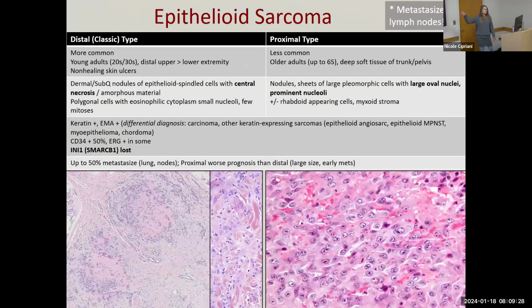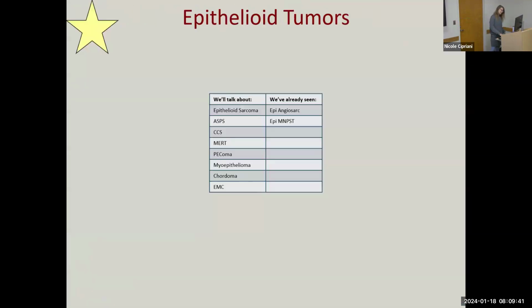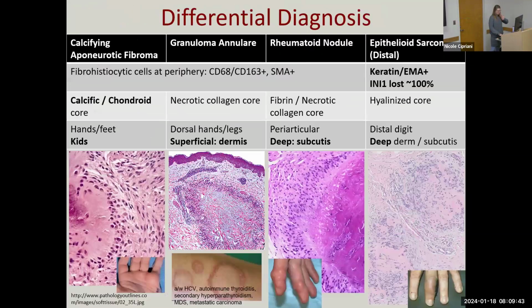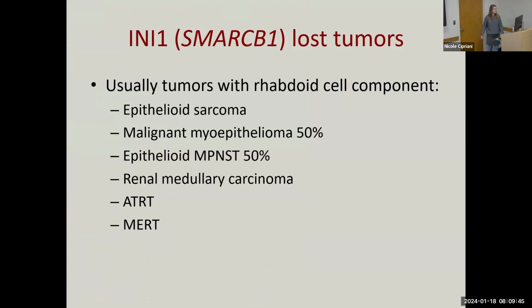why is this even called a sarcoma when it's keratin expressing and epithelioid, and you could see it in, well, because it's in the, maybe because it presents in the soft tissue, right? Like it's not presenting in an epithelial site, but you know, we can get into the politics of epithelioid sarcoma at another time. So of the INI1, SMARCB1, or you know, BRG1, SMARCA4,